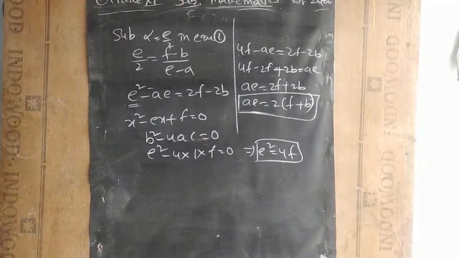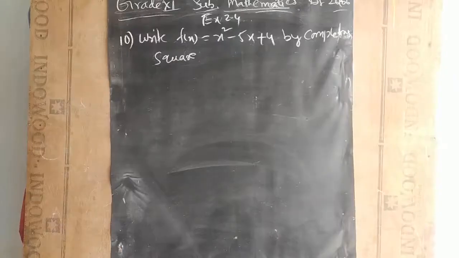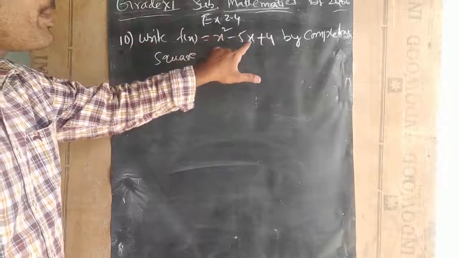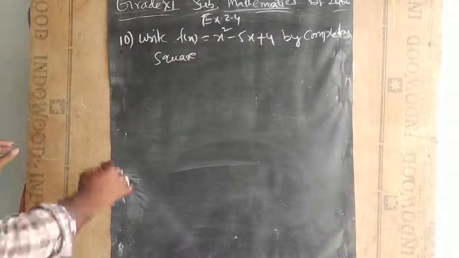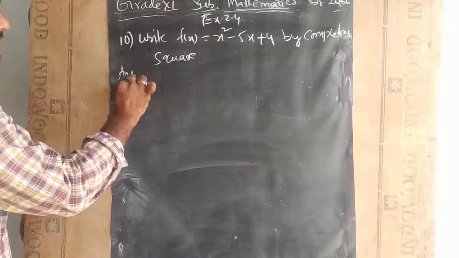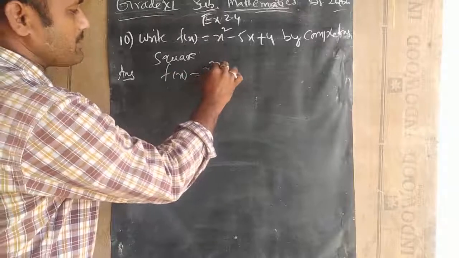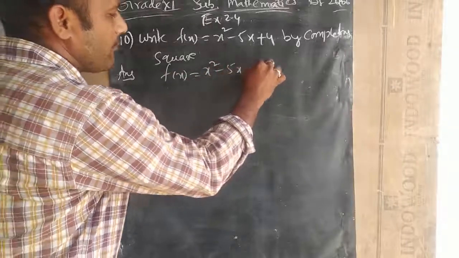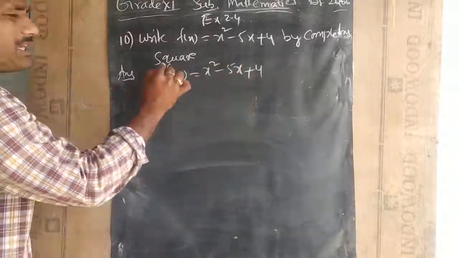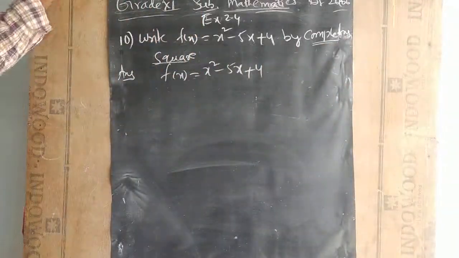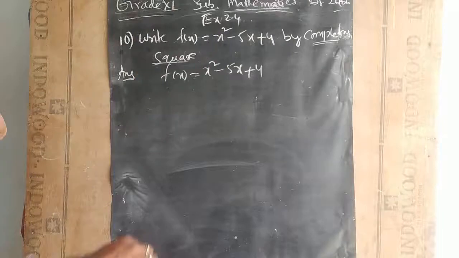Let us start doing the 10th question, students. Write f of x, x square minus 5x plus 4, by completing the square. So how to write it by using completing the square here? The given quadratic polynomial is x square minus 5x plus 4. Since he is saying complete the square, completing the square means either it may be (a plus b) whole square formula or (a minus b) whole square formula. You have to convert